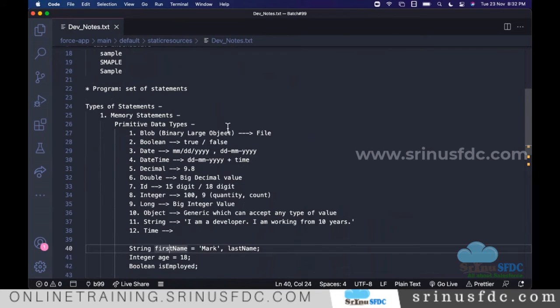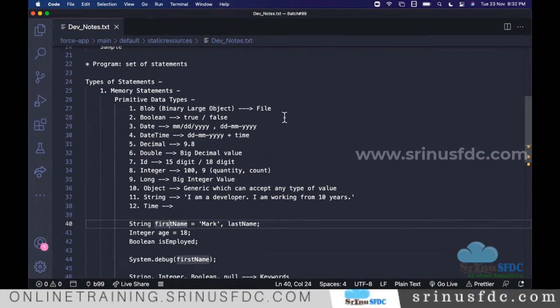Okay, so now we are understanding about the different types of statements. One of the key types, which on a day to day basis when we write any program we deal with, is the memory statement. We allocate the memory to hold the data, the input data, output data, whatever we deal with.